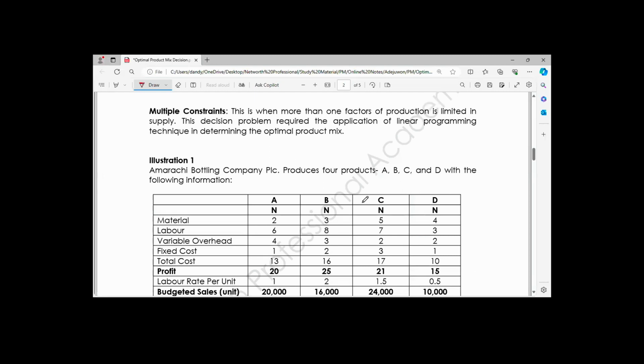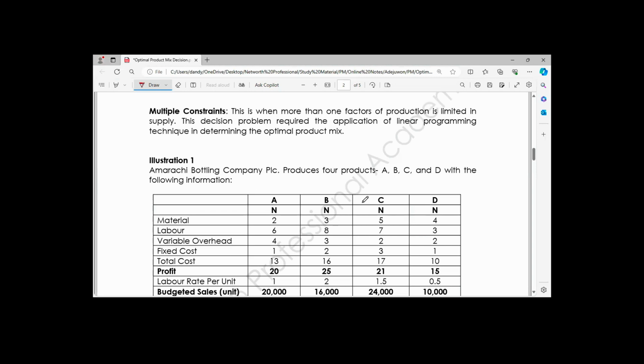If it's a surplus, do nothing because the company has sufficient resources. But if it's a shortfall, then there's a constraint. If there's a constraint, then you need to allocate the limited scarce resources among competing product lines. Then step 2, calculate